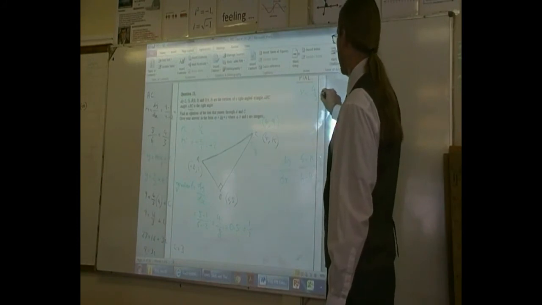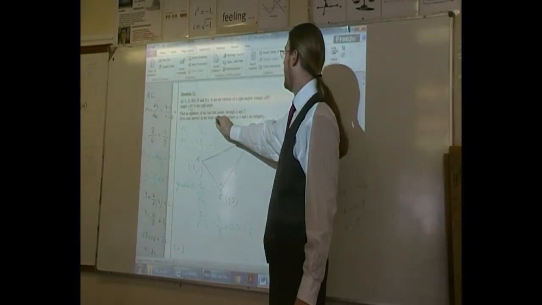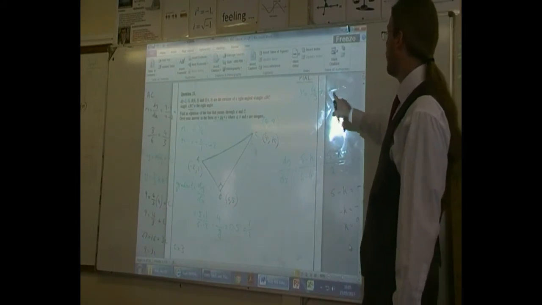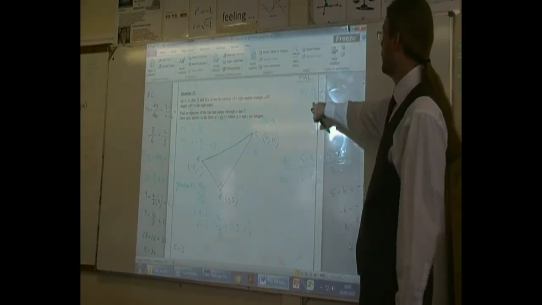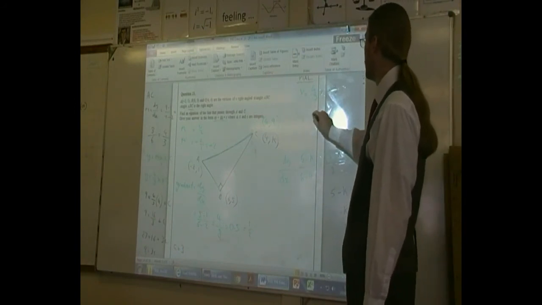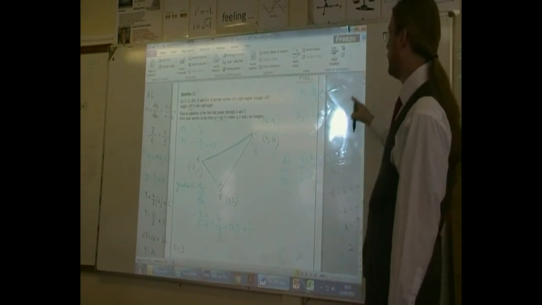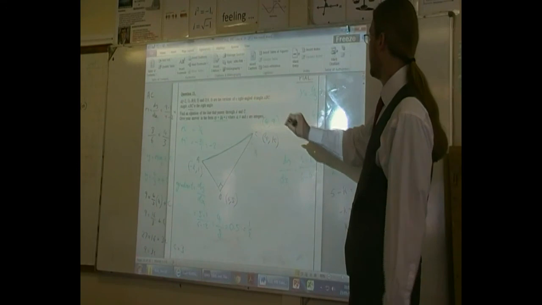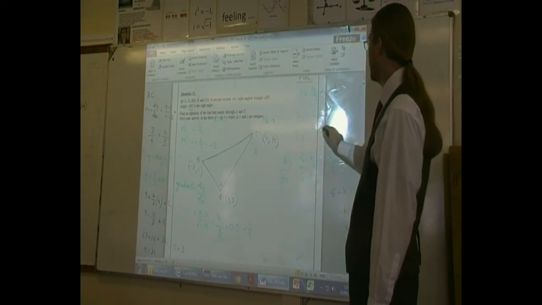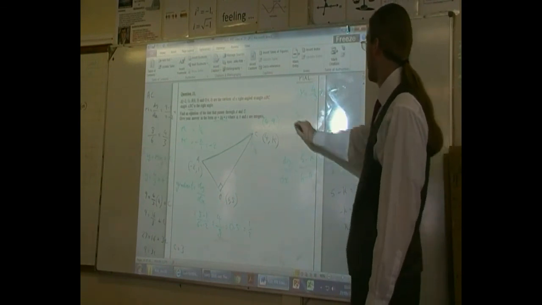So my final formula is going to be y equals 4/3 of x plus 3. But it wants it in the form ay plus bx equals c, so I need to rearrange it. First of all, they're all integers, so I'm going to times everything by 3. That gives me 3y equals 4x plus 9. Then I'm going to move my x's to the other side, so I get 3y minus 4x, remember, because I'm taking it away from both sides, equals 9. And that's my